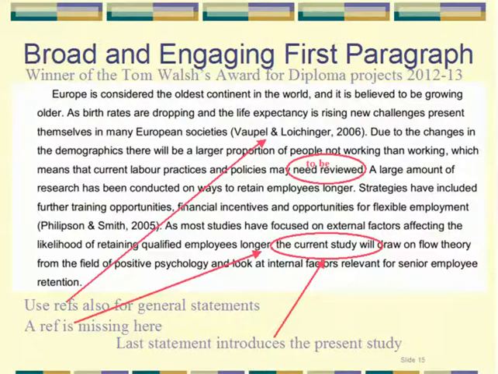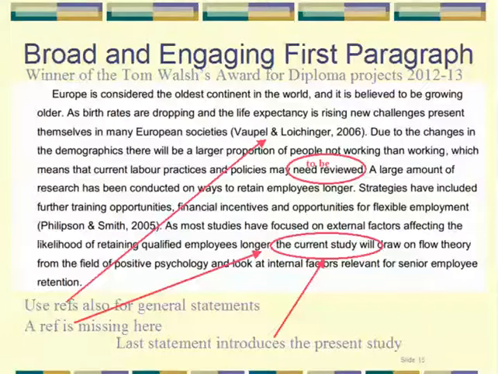So now, by the end of this paragraph, we have been oriented. We know what the general context is and what roughly has been done on the issue. There is a limitation highlighted here that previous research has focused mostly on external factors affecting the likelihood of retaining qualified employees longer. So this study, we already know, is tackling a limitation of prior research by focusing on internal factors. Now, you should note that